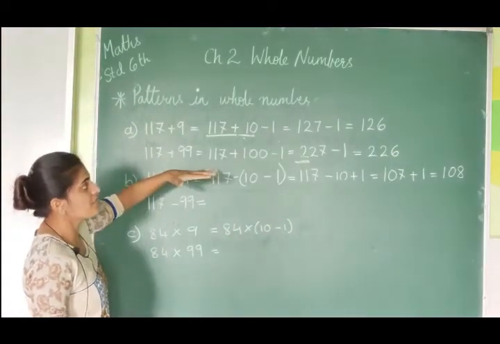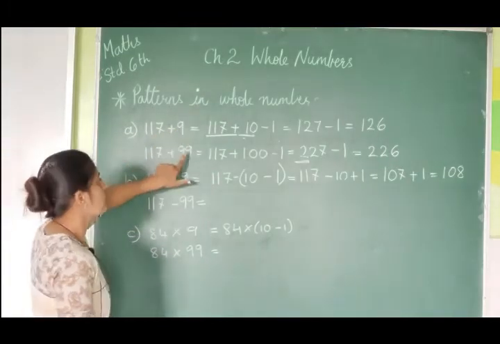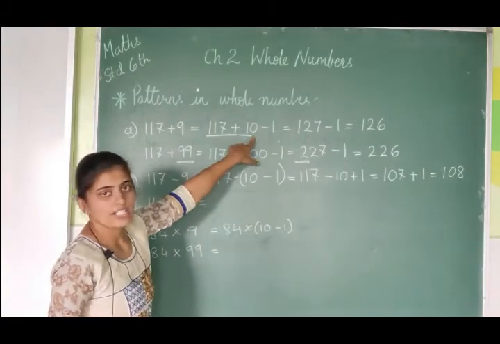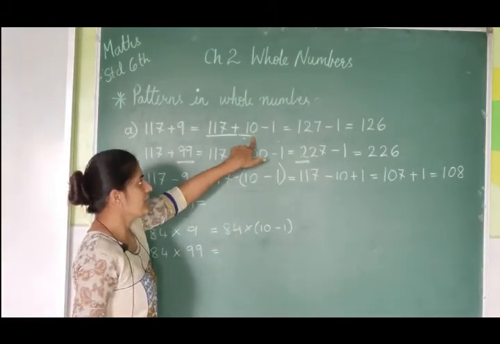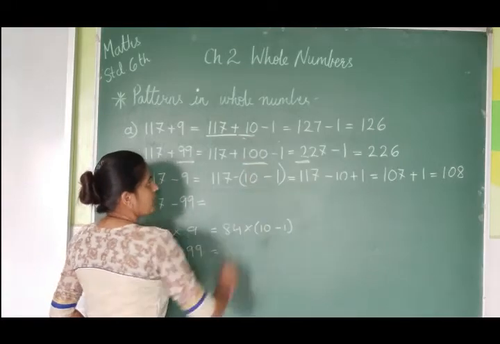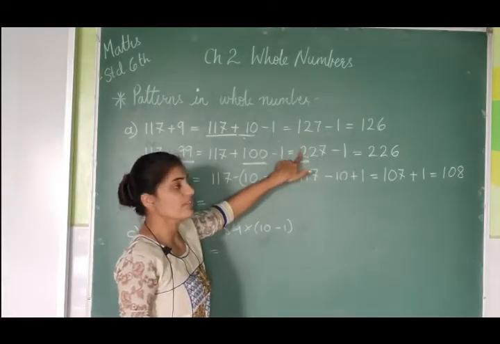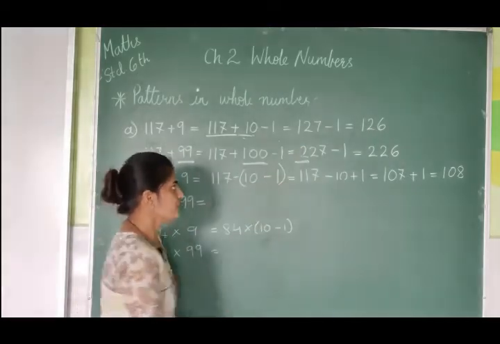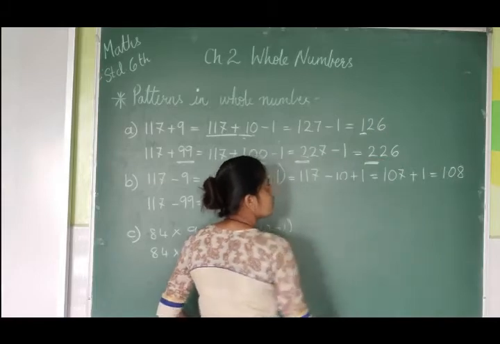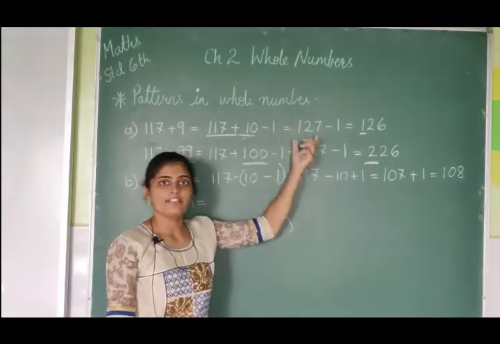You only have to observe what pattern they are following. Here it was 9, so another 9 is added over here. After that 10 was there, now here 100, one more 0 is added over here. Now here you can see it was 117, so what are we getting here, after 1 we are getting over here 2. And here again it was 1 and we are getting 2. These little changes are made in the patterns.